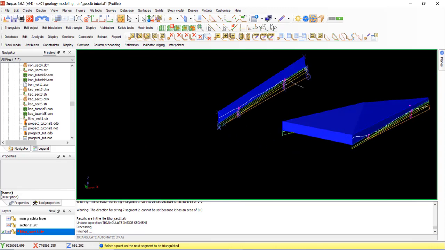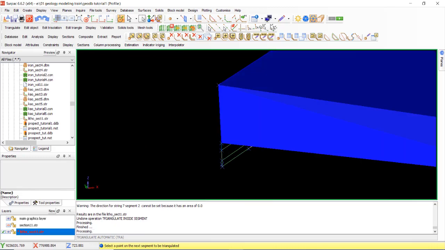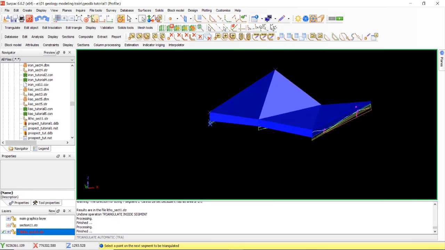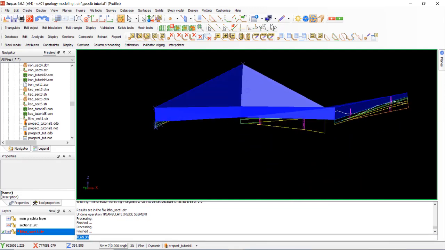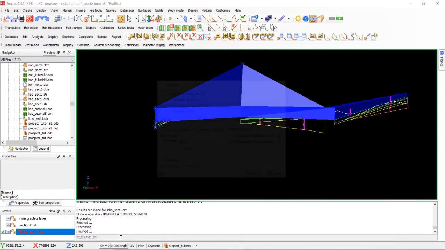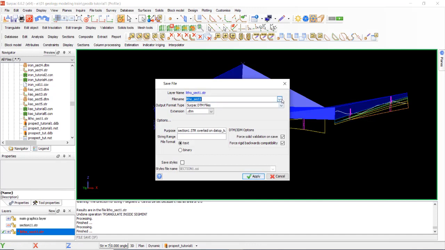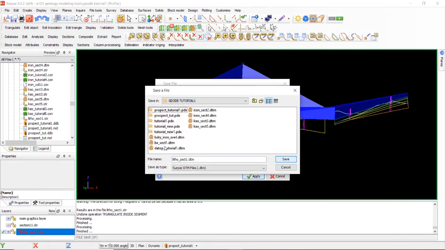Okay, and then we have the model for layer 1. After finishing, save file. This is a breccia lithology, save file to breccia section 1, because layer 1 is breccia, but section 1 layer.